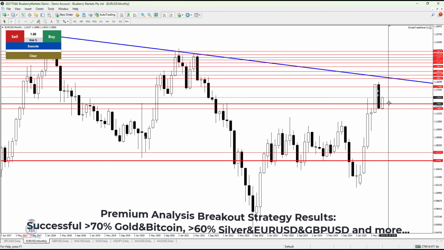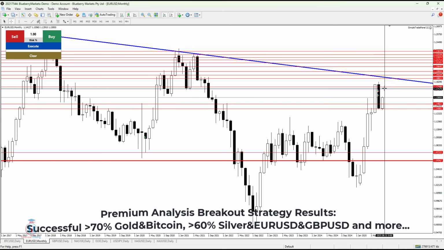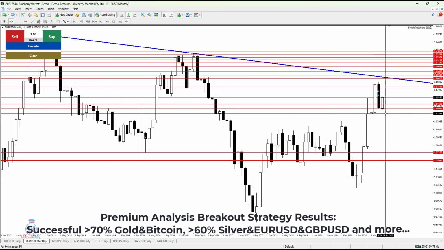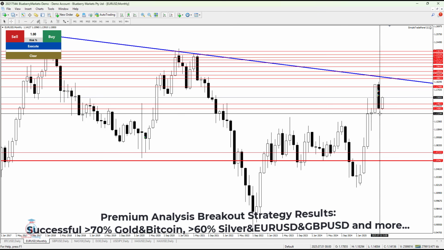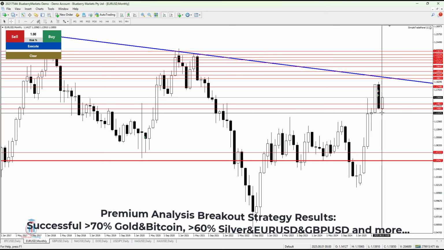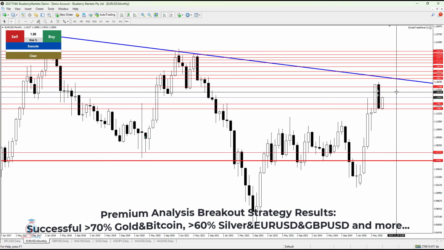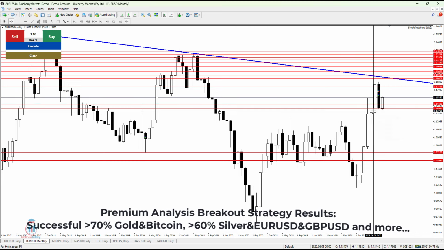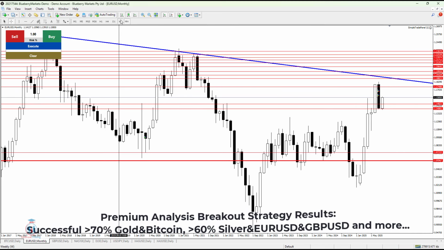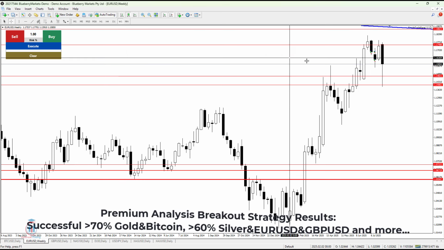On the monthly time frame, it's not very clear currently what the price could do. Will the price manage to go even further down, reaching this area of support 1.1300, an area here, or it will bounce and retrace back up, reaching again 1.17. This is on the monthly time frame, which is not very clear. So I will go to the weekly and also daily to see how the price behaves.